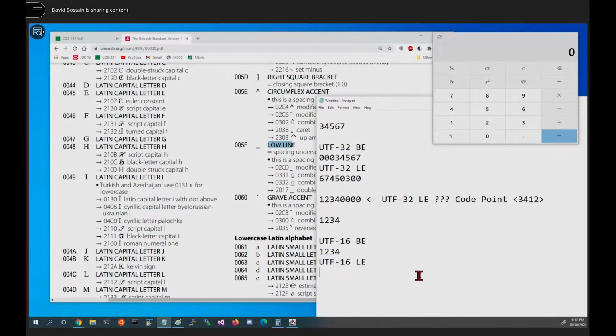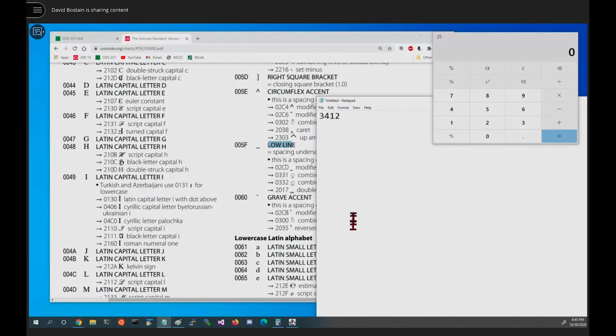So if you're writing in units of 16 or 32, when it's 32, we write all the 32 bits pressed together. When it's 16, we write them in a set of 16 together. In UTF-8, we're going to write single bytes when we get there. So we said this is 3412. And then we go back and we take our original code point, because it was one we loved.